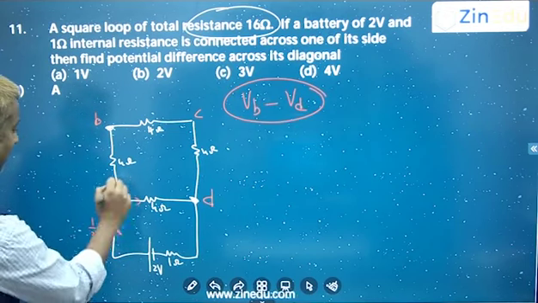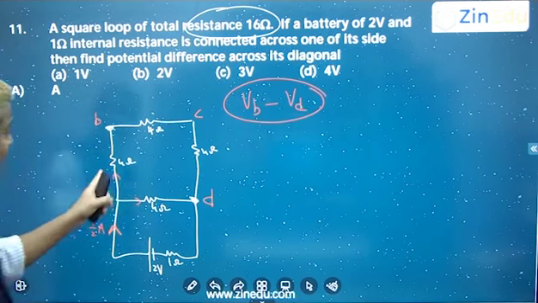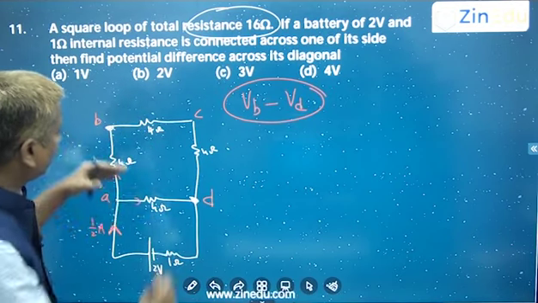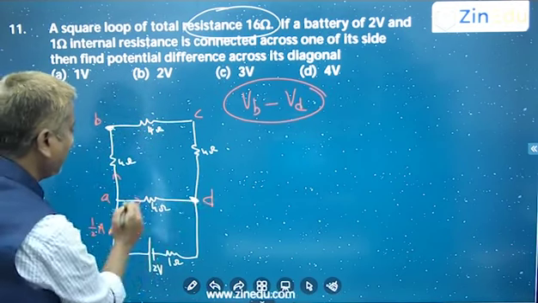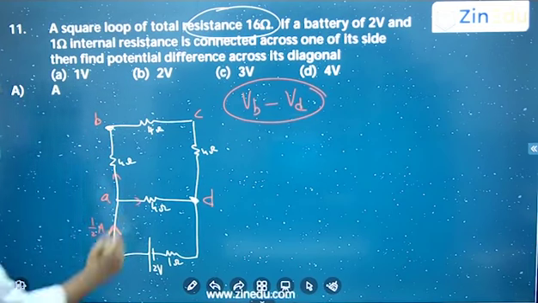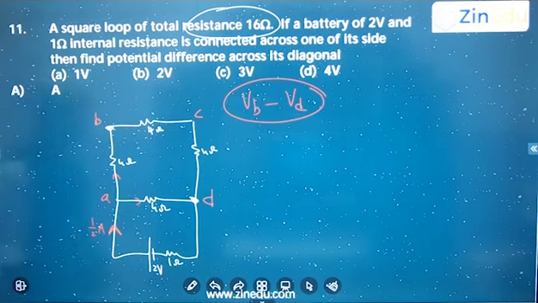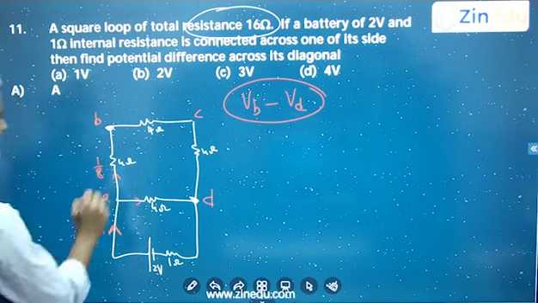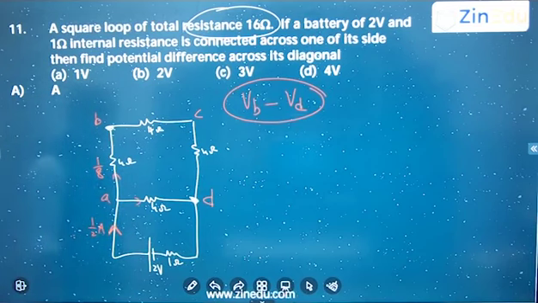And that will divide here and here. Actually, the resistances are in the ratio 12 and 4, 3 is to 1. When resistances are in the ratio 3 is to 1, current will be in the ratio 1 is to 3. Divide half ampere in 1 is to 3 ratio. So 1 by 4 of half ampere, so here you will get 1 by 8, and 3 by 4, this is 3 by 8.